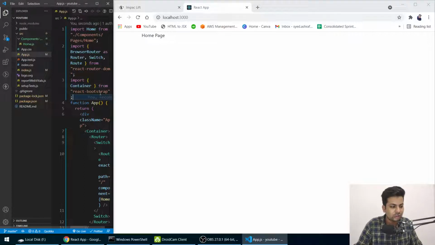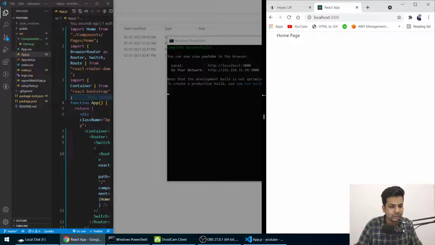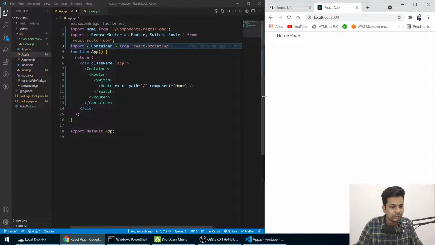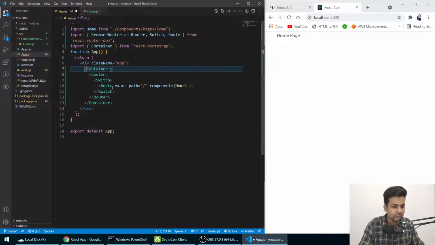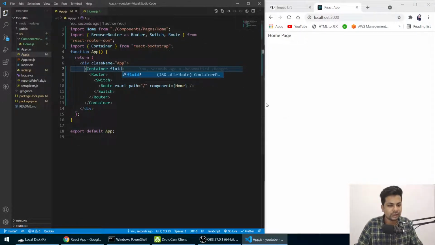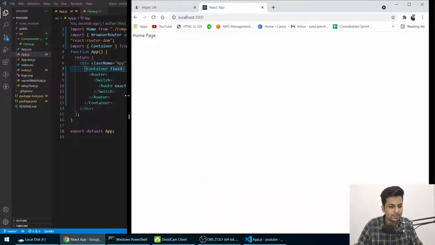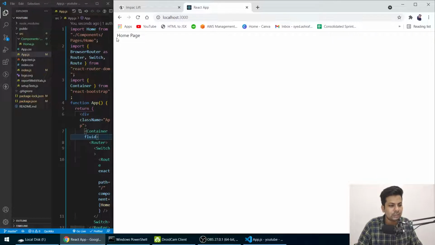To cover this space also, we'll say container fluid, save it. And now the space has gone, but a little is left, which we'll remove also when we use images.